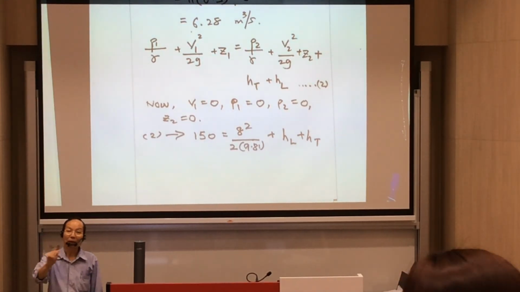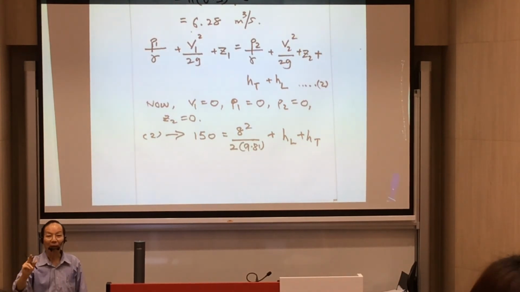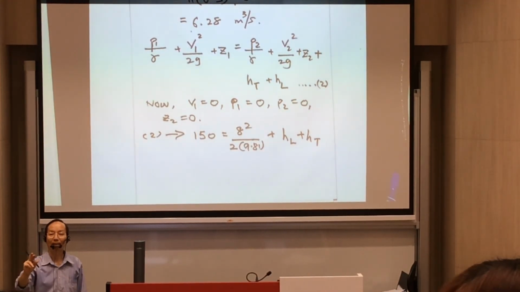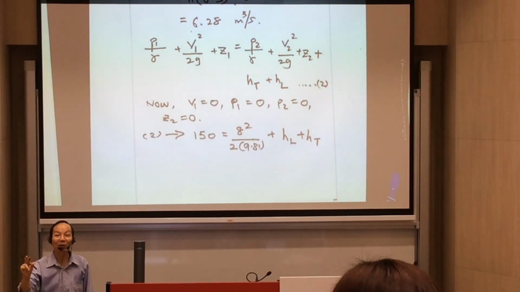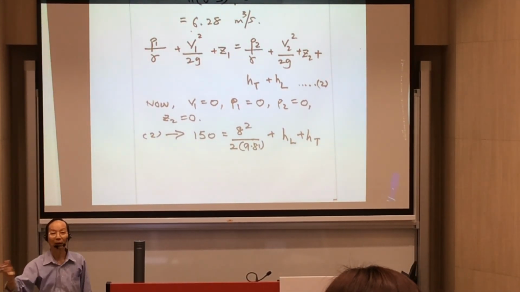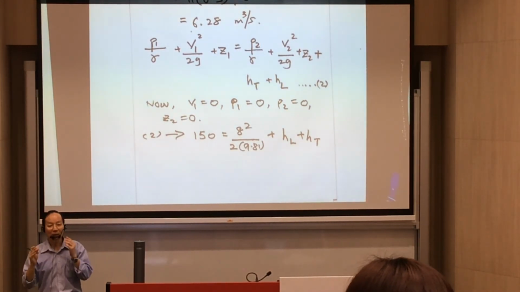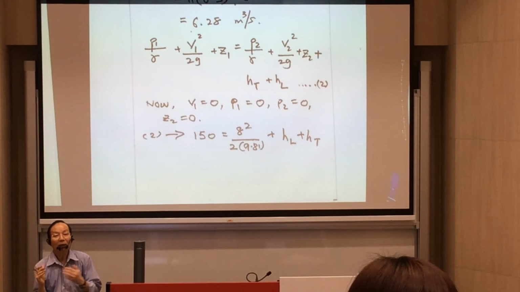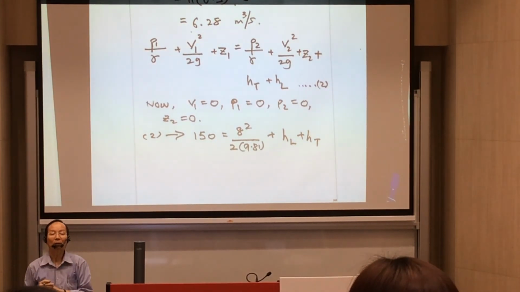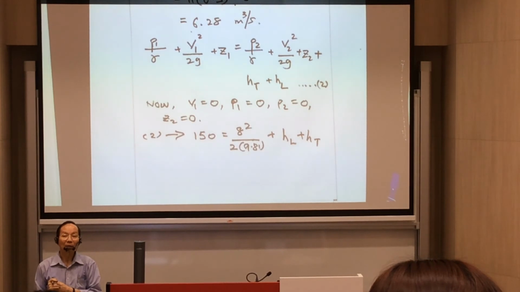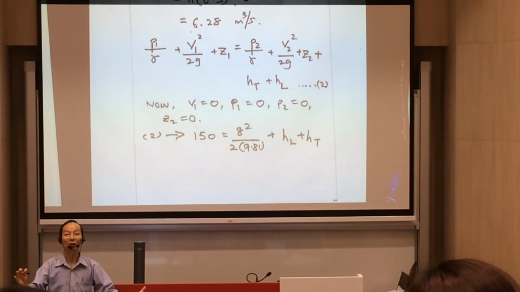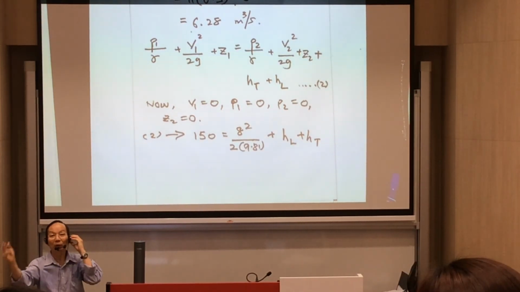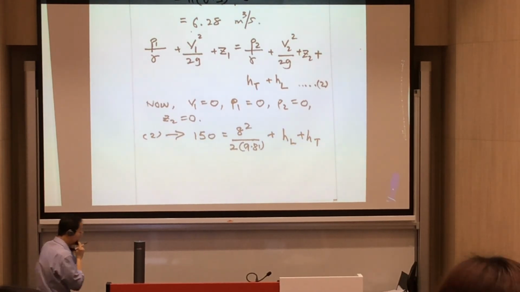Remember this one, right? In the exam, we must study the question. What did the question say? Maximum, right? It's a magic word, maximum. You miss it, that's it. So what is the maximum power that the turbine can extract from the flowing fluid? Maximum means there is no friction. So HL equals 0.